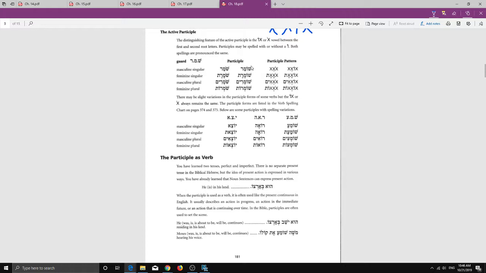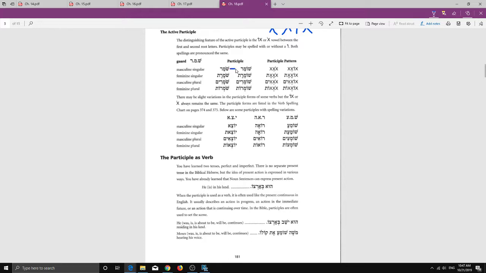So here we have the verb shamar, to guard. So as a participle, we might have it guarding as kind of a verbal participle, or guardian as a noun. Well, we'll talk about options for translation later. Right now, let's just kind of keep looking at the form. Okay? So it can be either of these, and they can be interchangeable. So in different places, you might see the same word with one or the other. And they're both pronounced the same way.